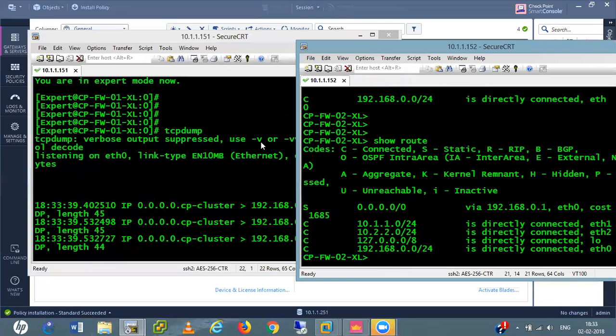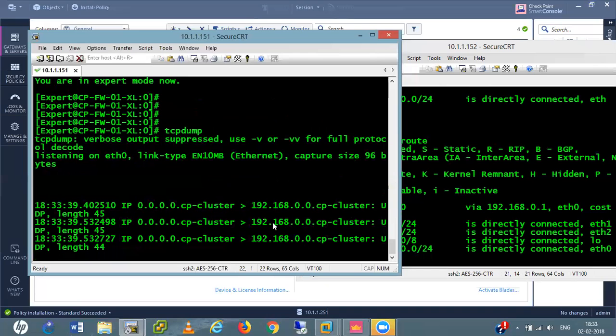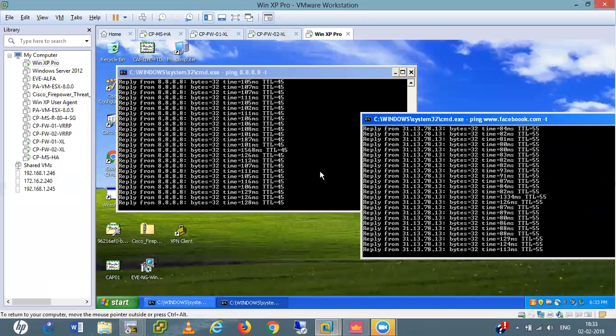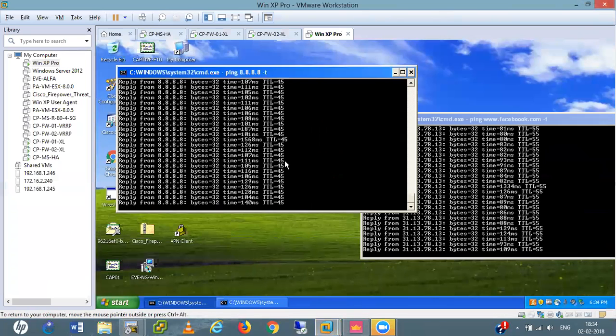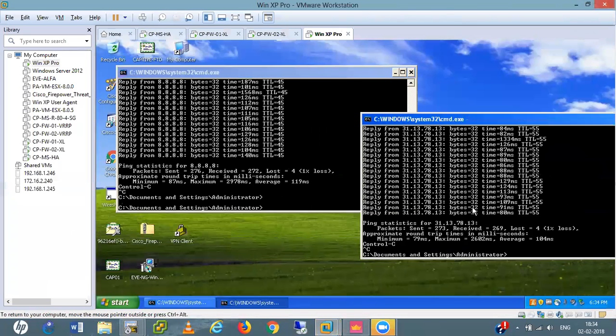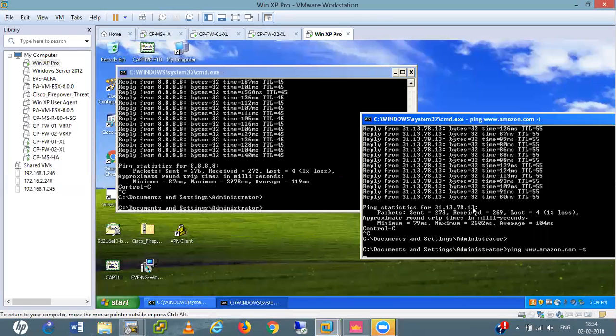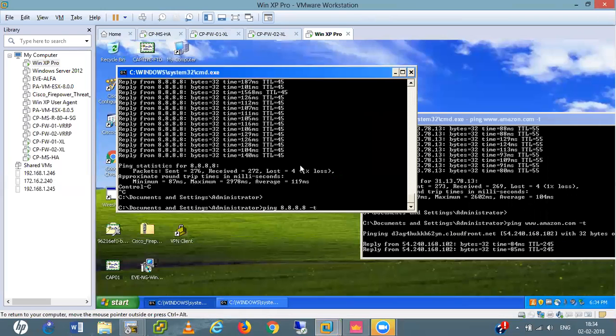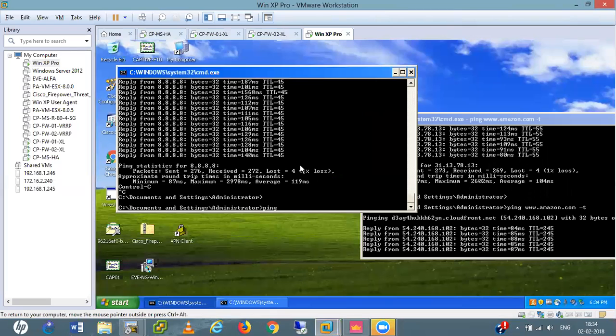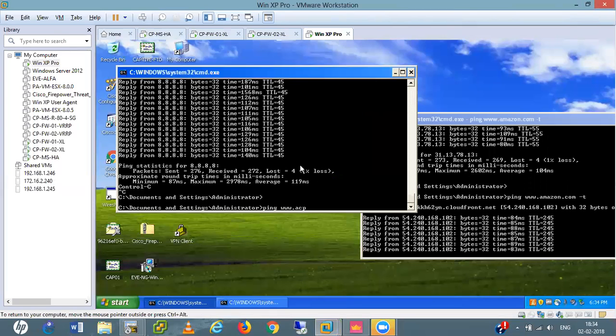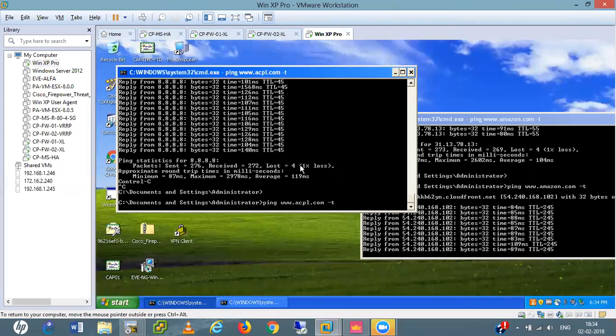See, these are the packets it is capturing. A ping is continuously going from here. Let me stop the ping. Ping to www.amazon.com with -t.